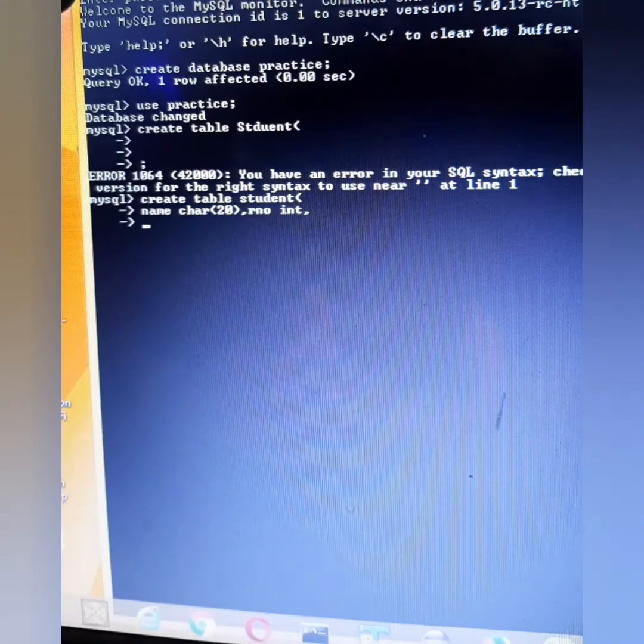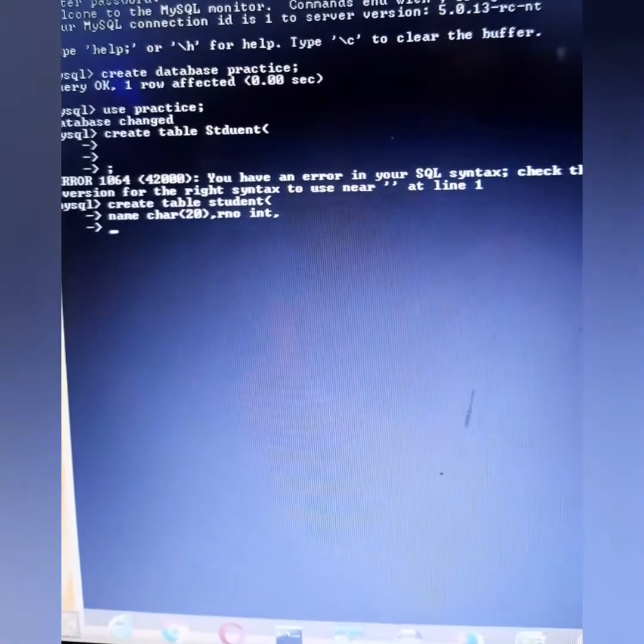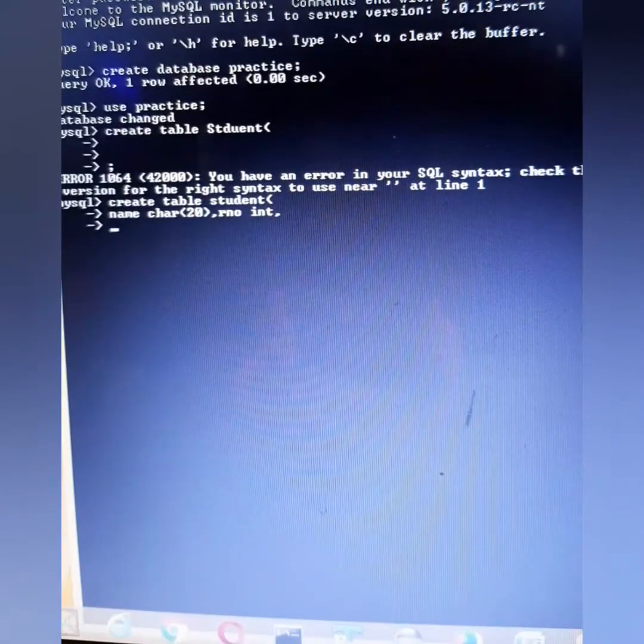As I told you in the previous video also, if you want to write integer, you can write int in MySQL, but in Oracle SQL, you can write integer as a full spelling also. Then we need physics marks. That also will be int.